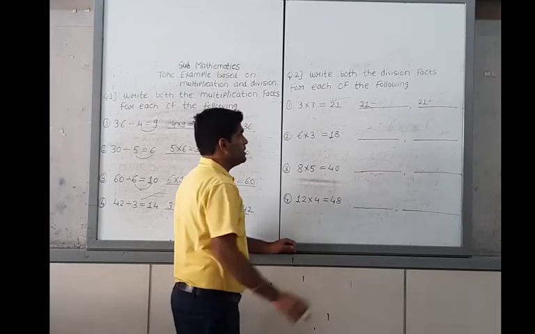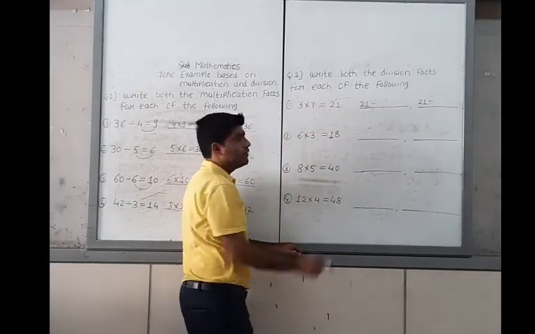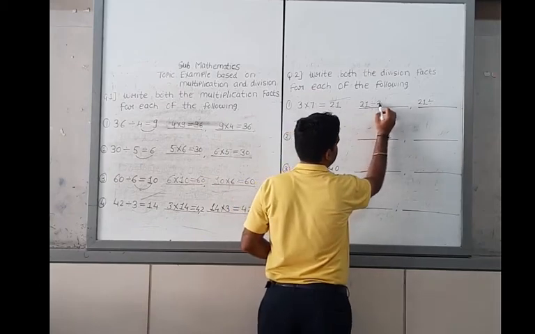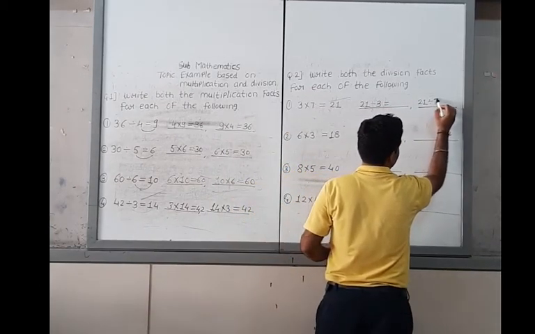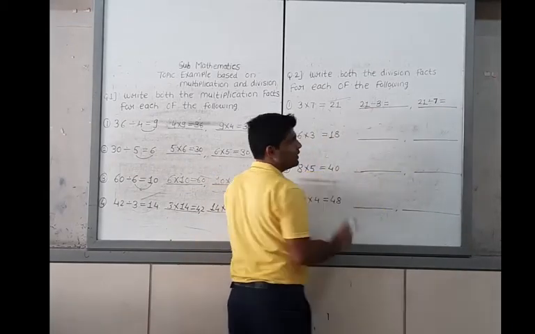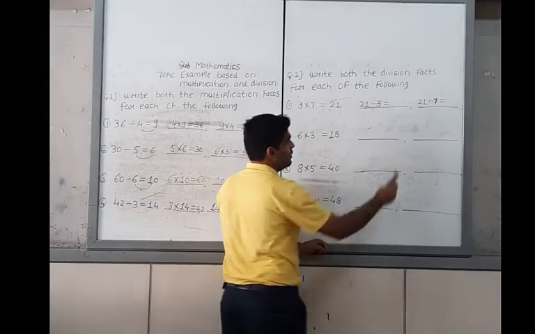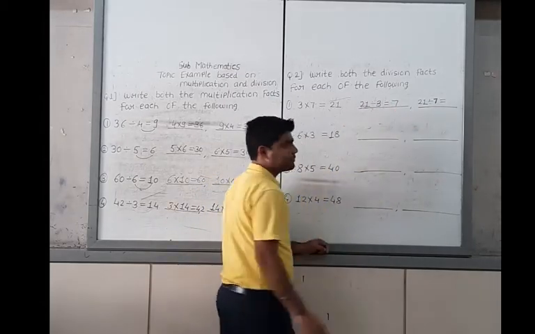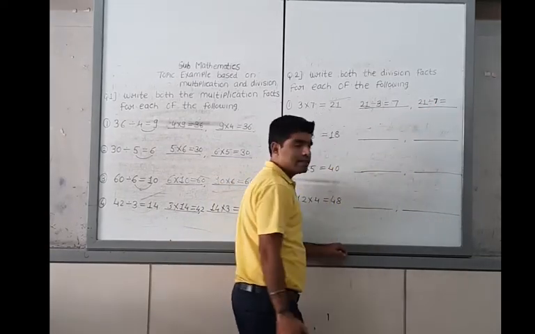Now it means that 3 multiplied by 7 is equal to 21. We have to write down first for 3. Second, we have to divide it by 7. Now we use the simple division method. Because 3 times 7 is 21, we have to write down the 7, and also 21 divided by 7.